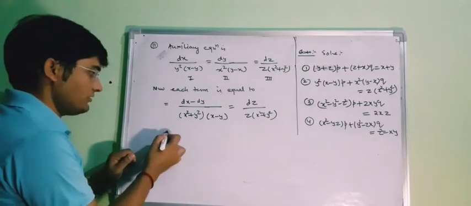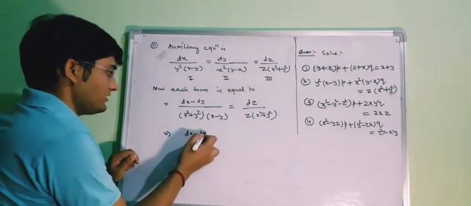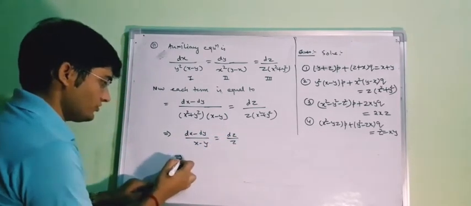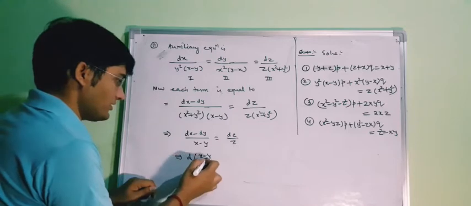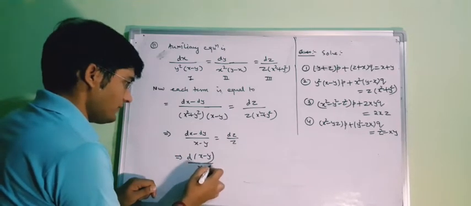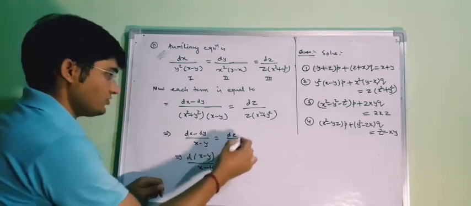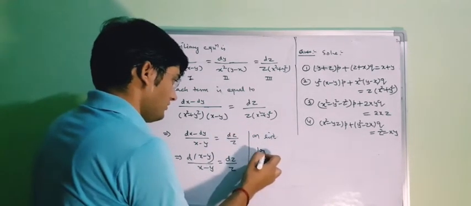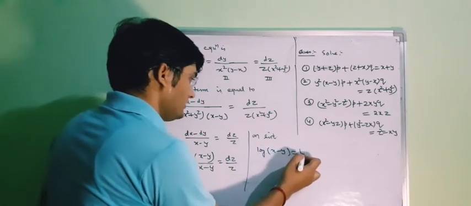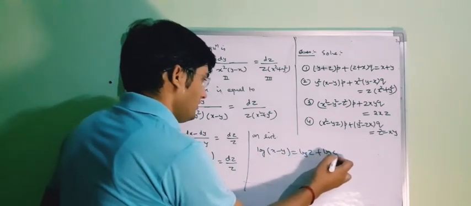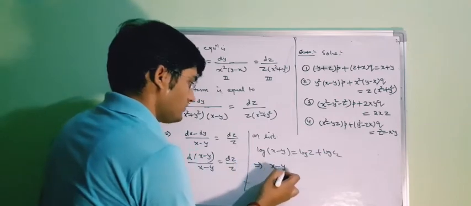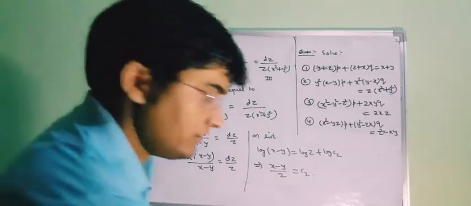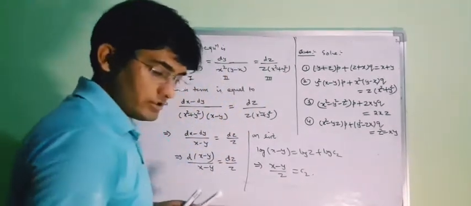So here you can see that dx minus dy upon x minus y is equal to dz upon z. So you can write it as d of x minus y upon x minus y equal to dz upon z. So on integration we will get log x minus y equal to log z plus some constant log c2. So your answer is x minus y upon z equal to c2. So this is your second solution, and thus the general solution is